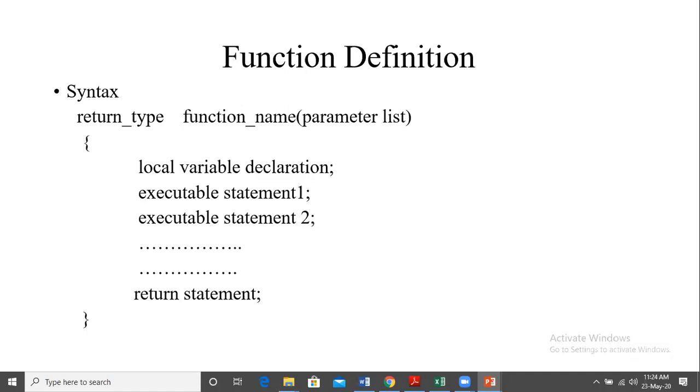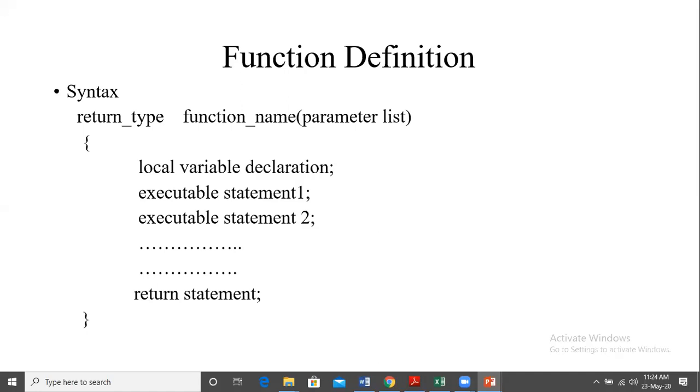So there is a syntax here. We have a return type. This can be any of the data types like int, char, float, long, depending on our function, whatever answer it gives. For example, if we are adding two integers, the answer also will be an integer, so the data type of the result is also an integer. In that case, we will write int here, and the function name is whatever name we want to give.